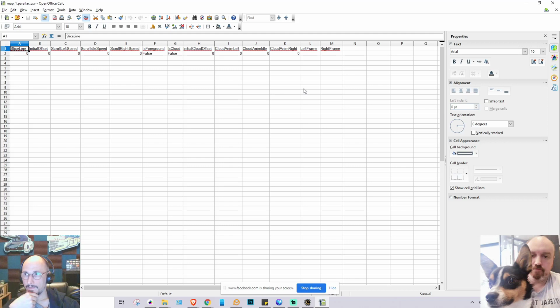So most of those things are repeated. So you've got the initial cloud offset. That's the horizontal position, just in general on the whole screen. Is that the case, or can it not be based on 32? So it's something like out of 256. Very nice. Okay. So what the cloud anim is about is